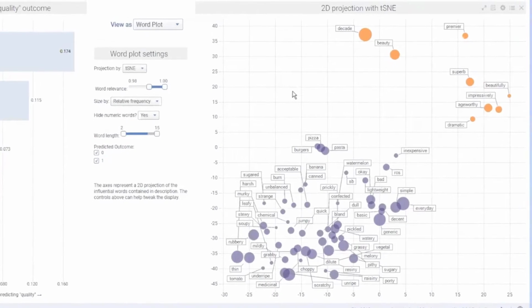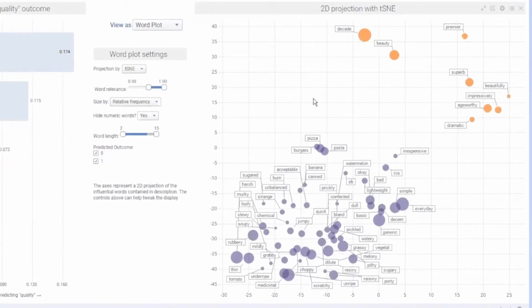We can see that many of the words match what we would expect, with beauty or superb denoting good quality, or simple and everyday used for more average wines. We also see that average wines may be associated with food that is perceived as less exclusive, such as burgers, pizza, or pasta. There are other ways that make it easy to interact with the display, such as choosing different styles